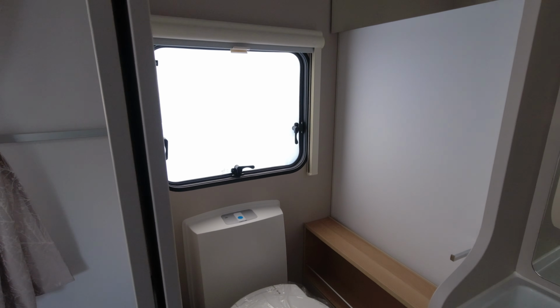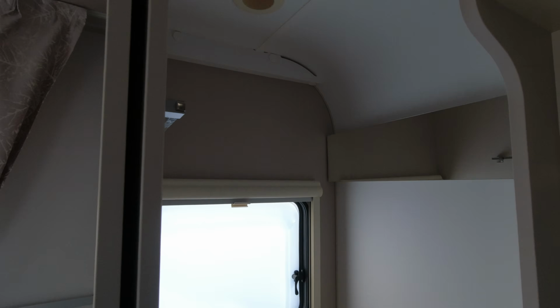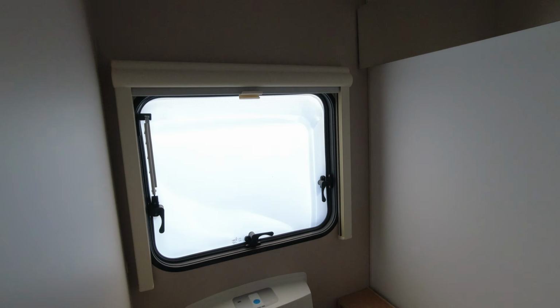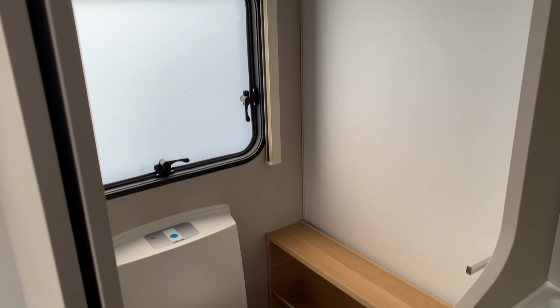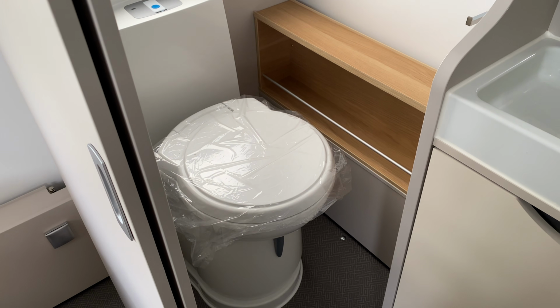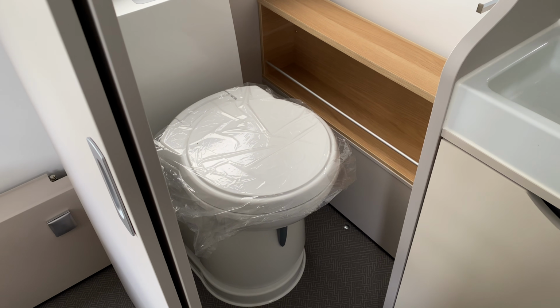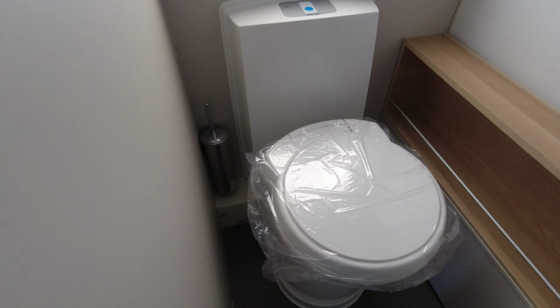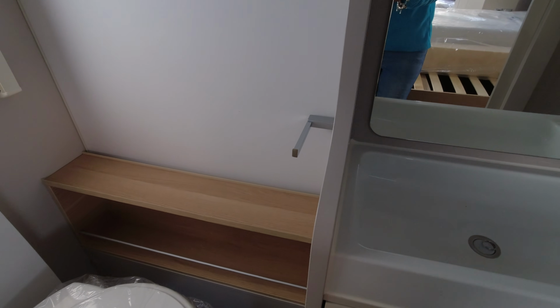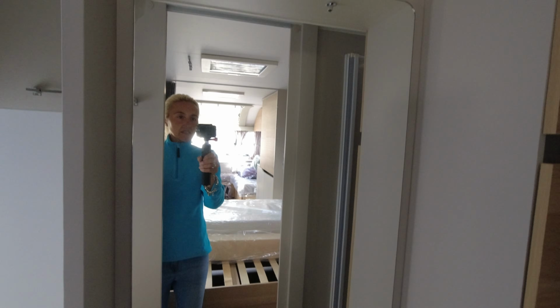Right, rear washroom. So start here. That's actually a mirror up there, so we've got a mirror into it. We've got a frosted window, the Thetford swivel toilet. The legroom's not bad round it, to be fair, and you can move it a little bit further this way. There's a toilet brush, a shelf, toilet roll holder, and then coming into the main part, so we've got two